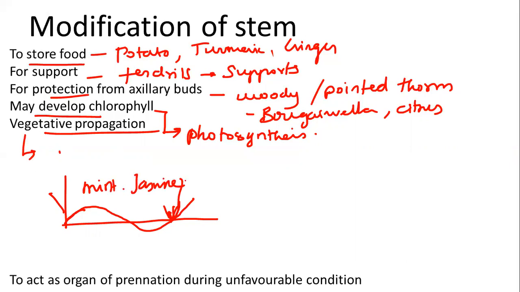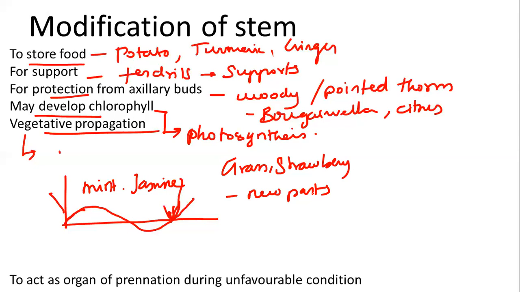When older parts die, new plants may develop, which happens in grass and strawberry. Older parts die, and new parts will grow in the same place. In pistia and eichhornia, the stem grows laterally with short internodes and gives rise to leaves. And the last one: lateral branches may originate from the underground part of the main stem, for example banana.